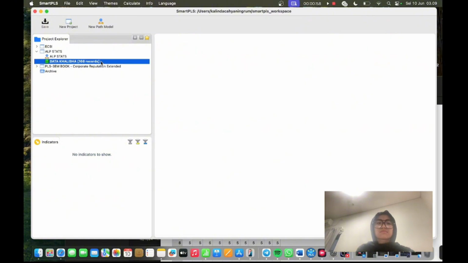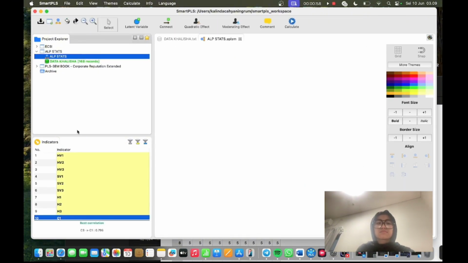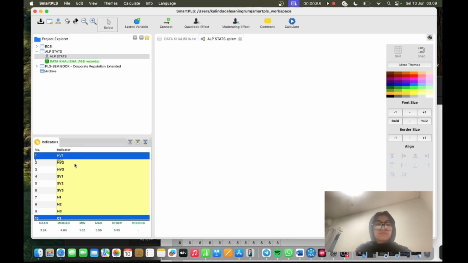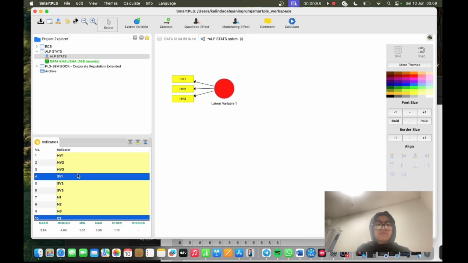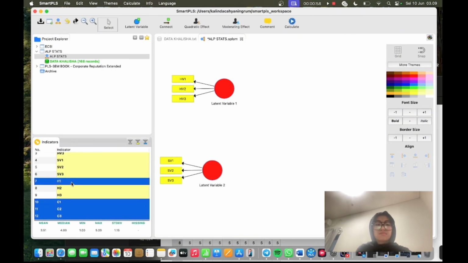Then, the first step is to input the dataset I have, with 168 respondents, into PLS. PLS has two models, namely the outer model and the inner model. The outer model consists of the validity test and reliability test, where validity test is divided into two, namely convergent validity and discriminant validity. The next model is the inner model, which consists of the coefficient of determination,